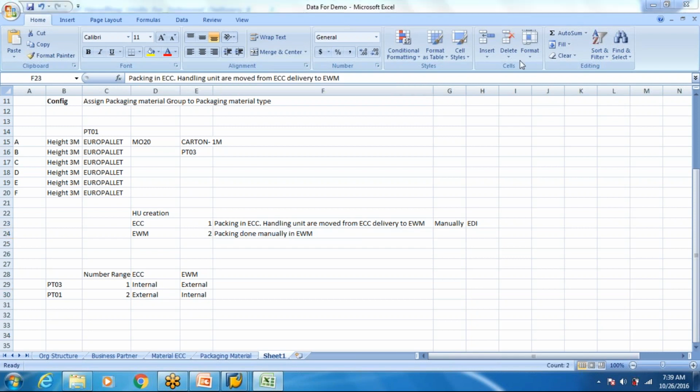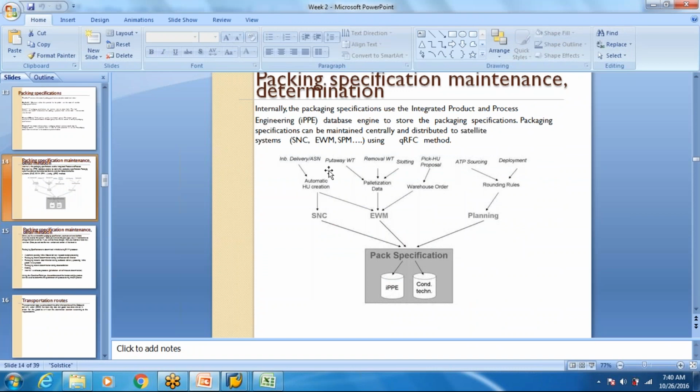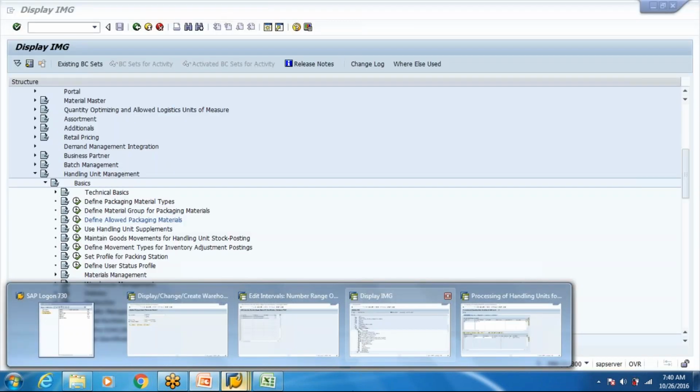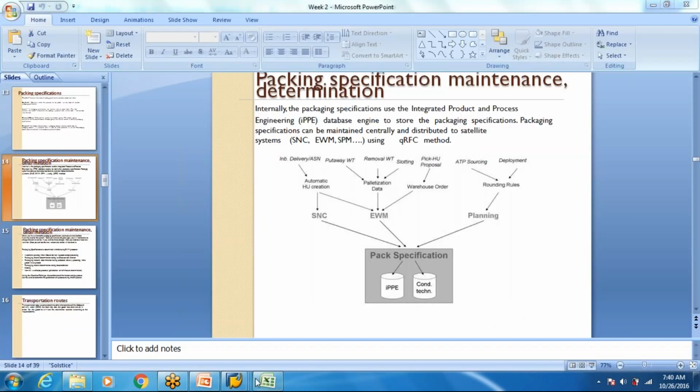So basically yesterday I didn't do anything related to EWM pack specs. It's all standard packing that we use in SD or in MM, and just how they are replicated to EWM. So what basically our aim with pack specs is to understand how packing specification in EWM works and how it automatically creates the handling unit.